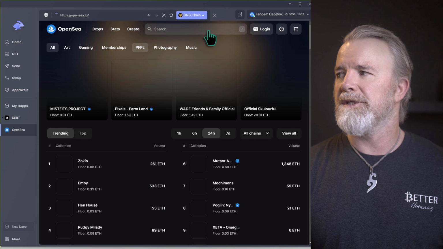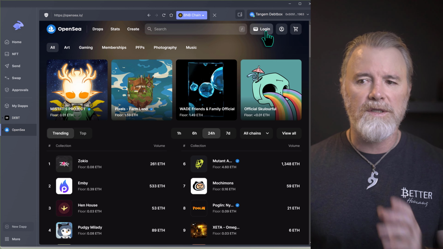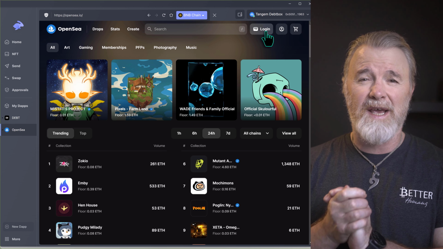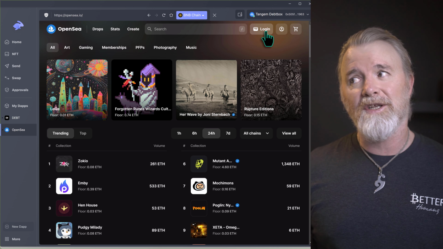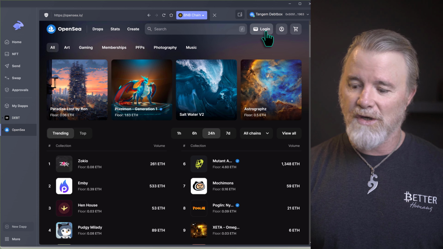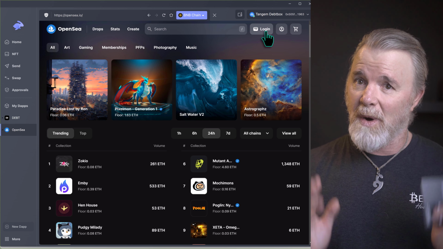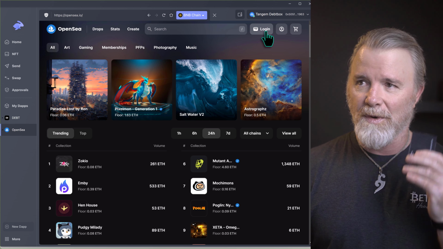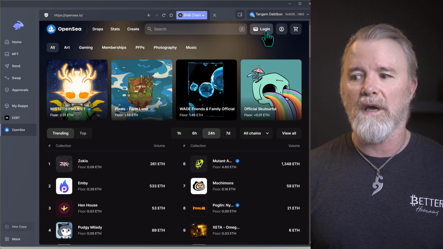All right, now we're on OpenSea, so you can do everything right in here inside Rabby with your Tangem, safe as houses, because any transaction that you make in here has got to be done with your card to sign it. So this is the safest way to connect to anything, all right, with Tangem, with the card, with Rabby. There you go, all done.